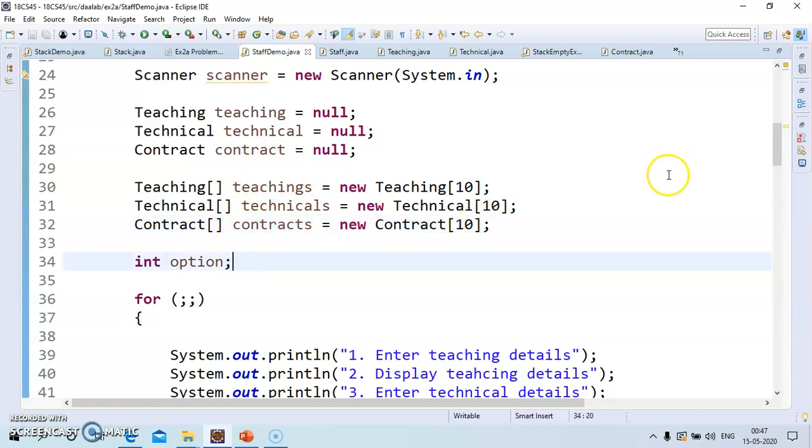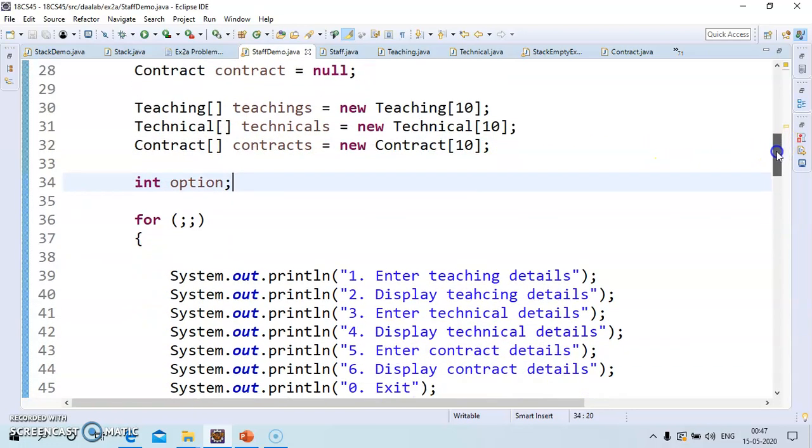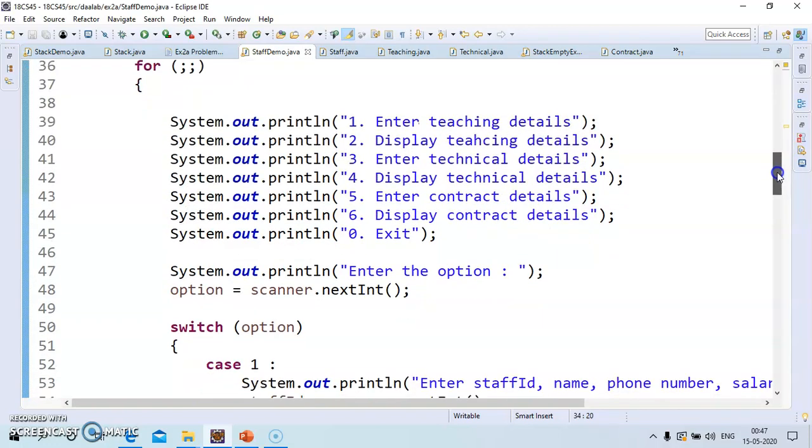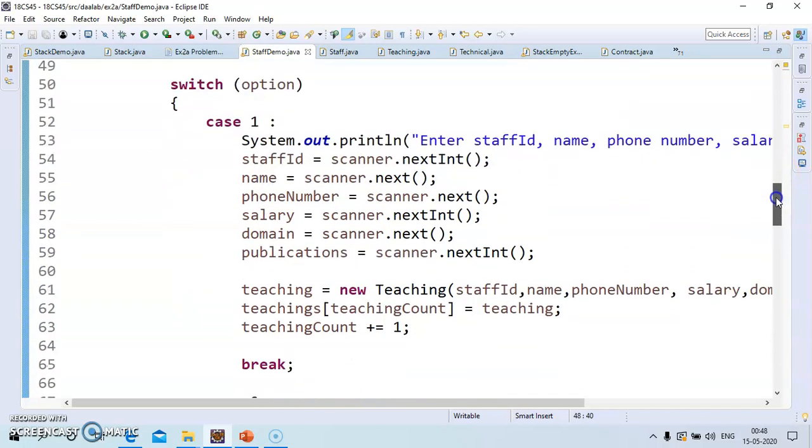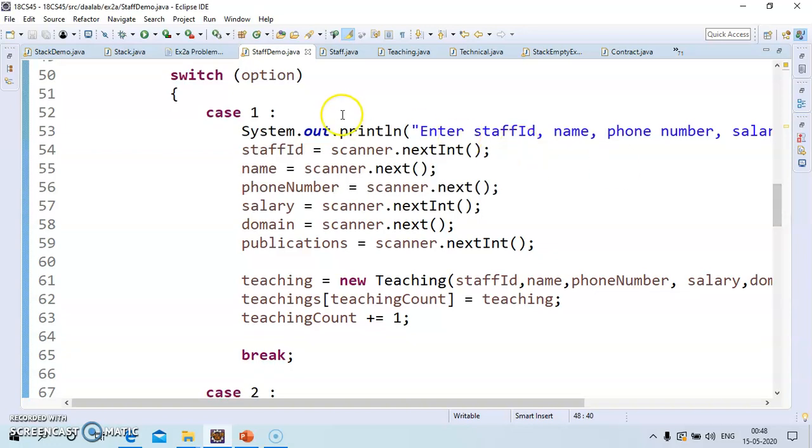So we are initially taking the option here, and we have an infinite for loop, and we have a menu like this. 1 means enter the teaching details, 2 means display the teaching details, 3 means enter technical details, display technical details, enter contract details, display contract details, and 0 for exit. Next, enter the option here, and then case number 1, that is switch option, case number 1.